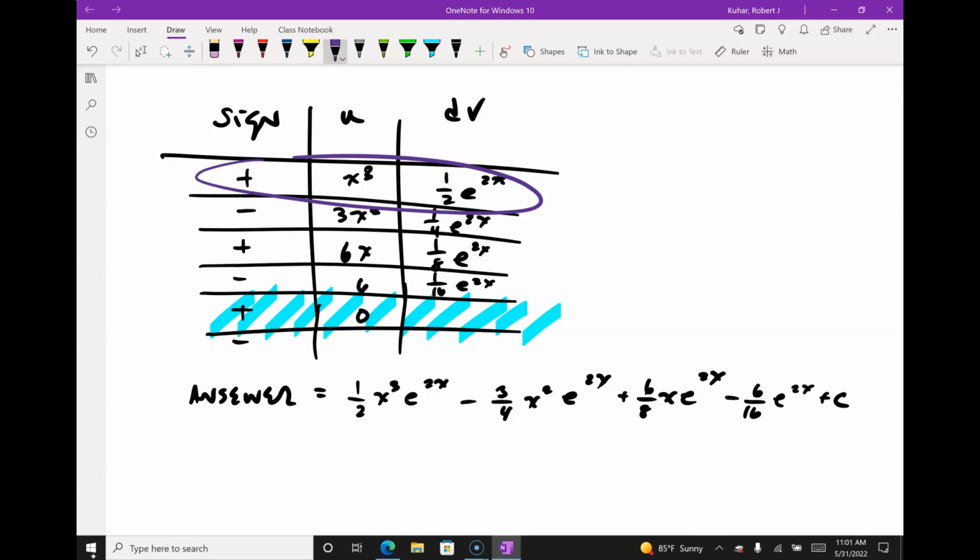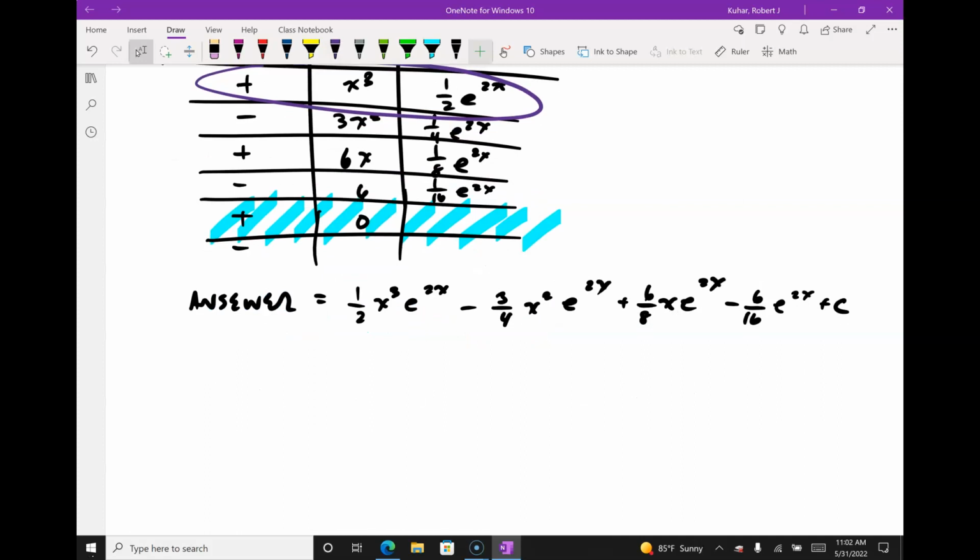If you had me for Calc 1, you know, I like things to be factored as much as they can. What is their answer? Their answer is my answer right now, right, in number 10? Yeah. I mean, I kind of would like it factored or reduced at least, right? So we certainly can factor out an e to the 2x, right? And we got x cubed over 2 minus 3x squared over 4 plus 3x over